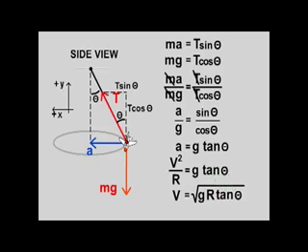Now let's think about how we're going to find those things out. What I measured before was the length of the string. Well, that's the hypotenuse of this triangle right here. Okay. In order to get the angle and the radius